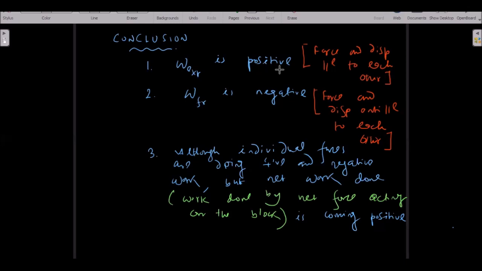Sir, every time work done by the friction is negative only, sir? No, not necessarily. We will see the cases when work done by friction will be positive also. Okay, sir. Those cases will come one by one. So just have some patience. Sir, displacement and friction are always opposite only, na, sir? There is also no guarantee. Yeah, there will be some cases in which the friction will be in the direction of the displacement. Okay. We'll check. Okay. Chalo, bye everyone.